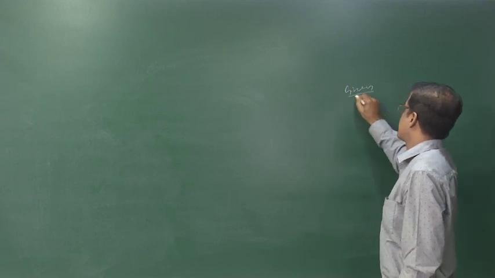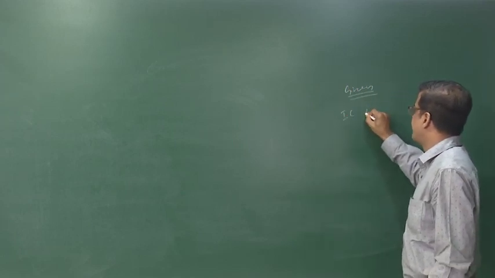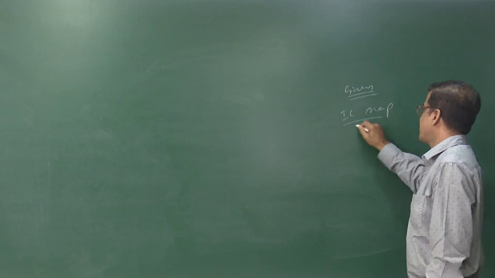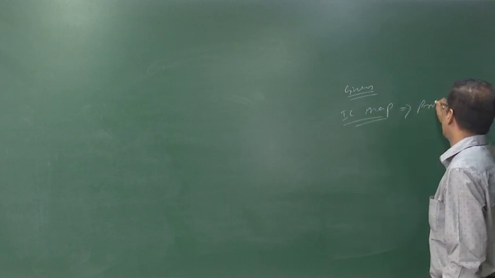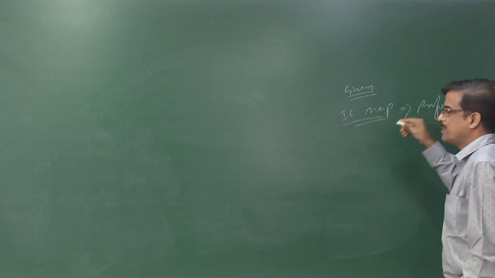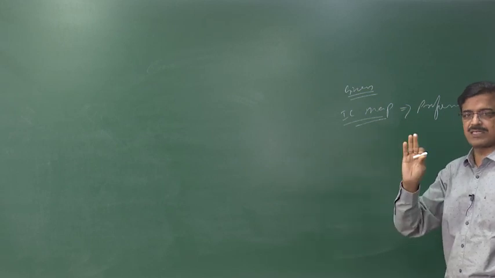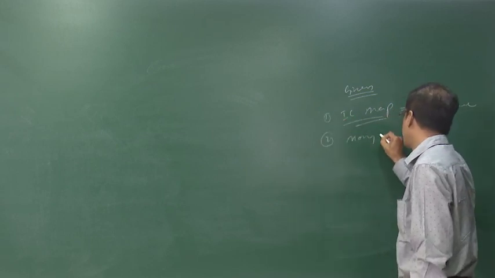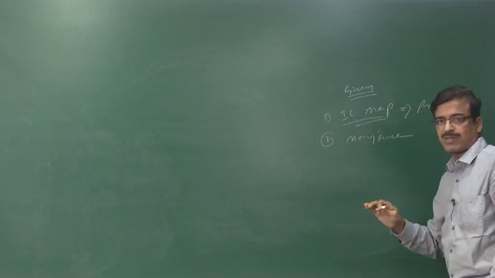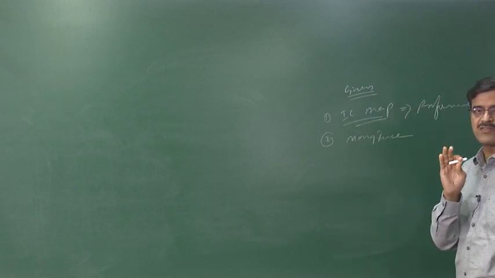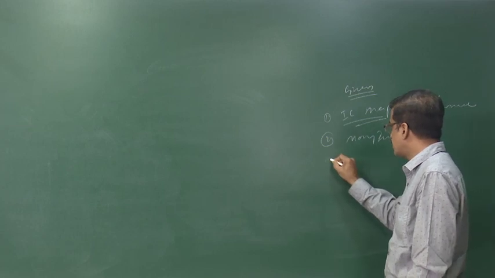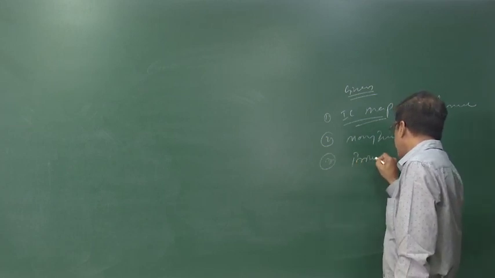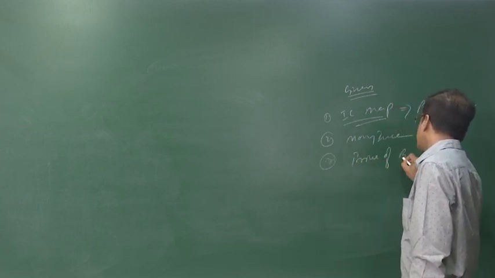Now the given concept is the IC map. IC map means the preference. Consumer's preferences are given. That is first. Second, money income. Money income of the consumer is given as constant, it is fixed, right? Third, price of both the commodities,